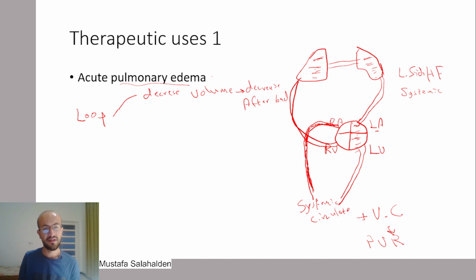And they will also relieve the pulmonary edema by another mechanism, which is vasodilation. So they would lead to systemic vasodilation through prostaglandin, as I mentioned earlier, and a decrease in the blood pressure, and they would give us relief